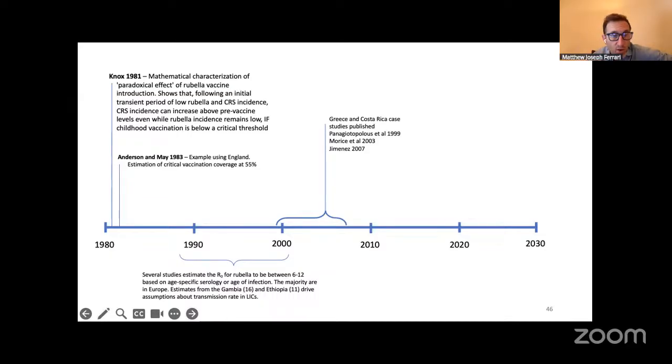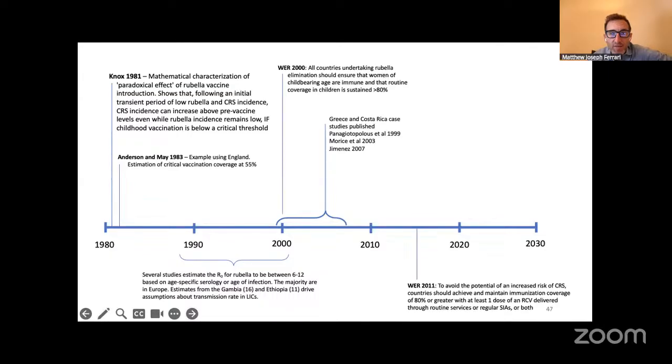But this was the cause of great concern, and again, that then structured much of vaccination policy following on from that. In 2000, the first rubella position paper cited 80% as high enough, and this was an expert elicitation decision that 80% was the critical threshold. Below 80%, if countries couldn't reach 80% vaccination coverage with their routine program, then it was considered too risky to introduce rubella vaccination, and over that